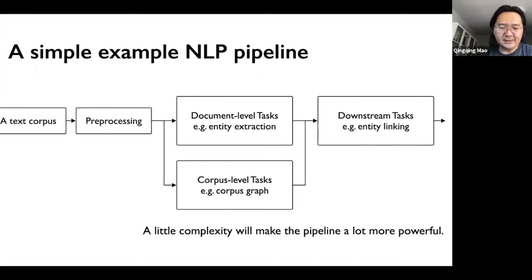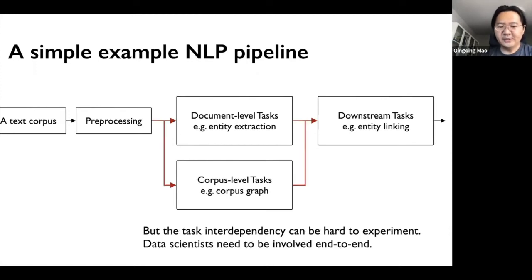So in this case, there's a little bit of complexity here. And a lot of times the hard part is not really about all these tasks themselves. It is that these tasks are not fully independent of each other, right? So a lot of times your accuracy is no longer about a single task, where all you care about is how the entity extraction performs. Because if you care about the downstream task performance, you worry about any interdependencies between how you do the entity extraction and how you combine it with the corpus graph.